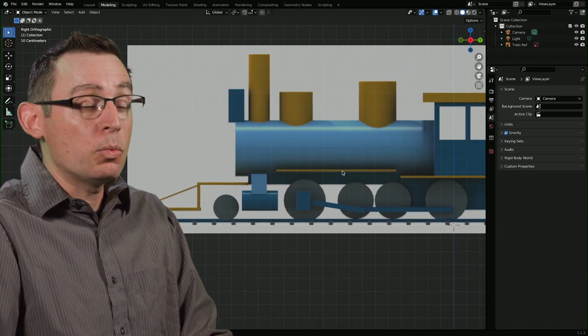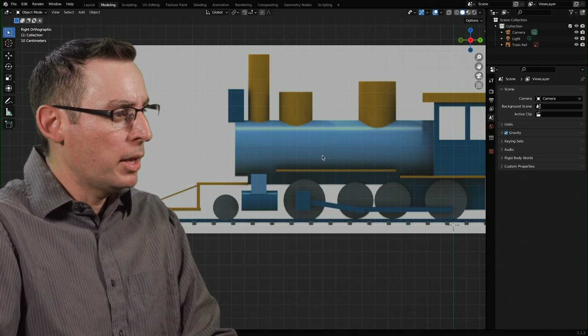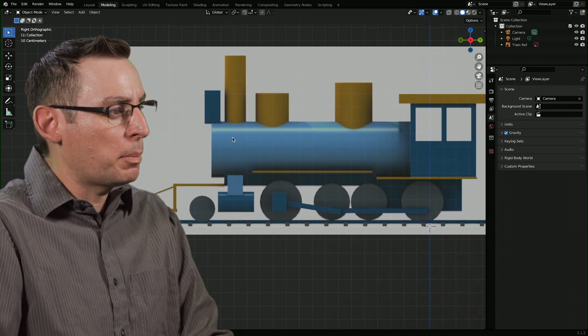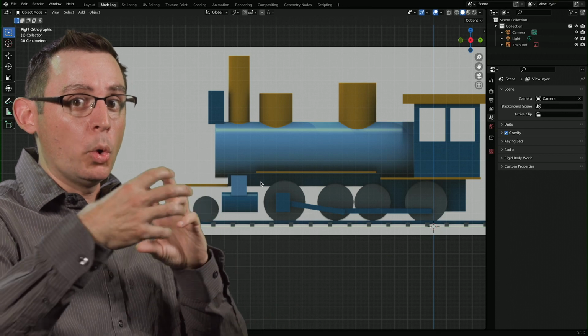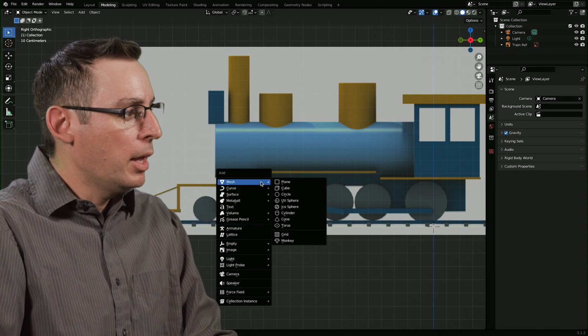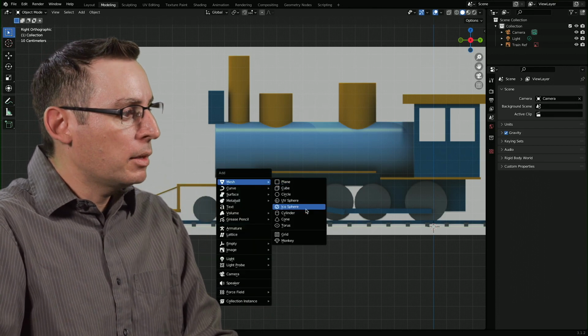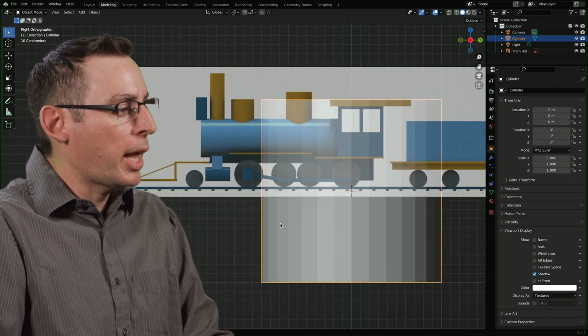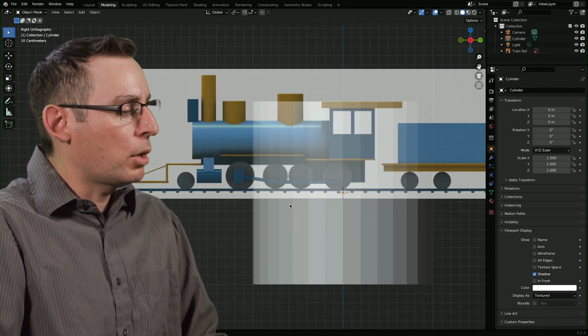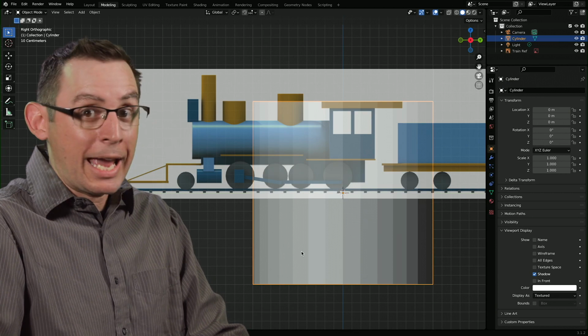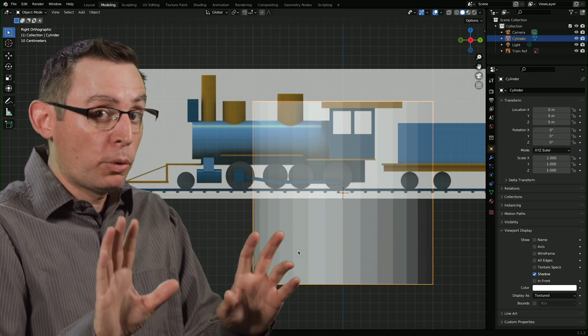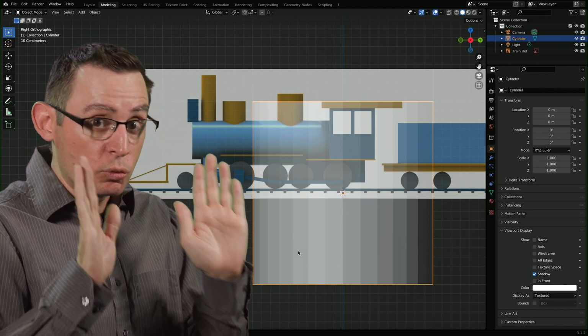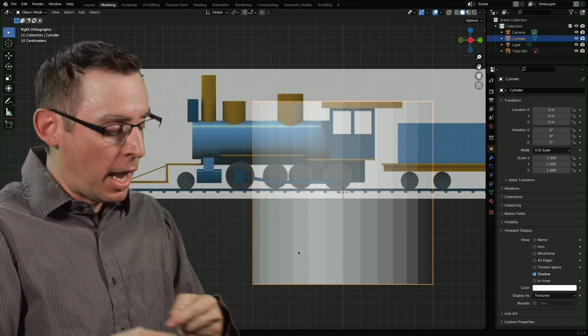And of course, we always need one mesh object to begin with. The primary shape of this is a big cylinder, this fuselage, the boiler of the train. So let's start there. I'm going to go ahead and Shift A, add a cylinder. I'm pretty happy with that. Now let's rotate it around the x-axis, excuse me. Now before I do anything, but this really is step number one after the object is created,